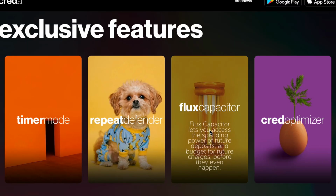They have something called Flux Capacitor, and all this is going to do is allow you to get your paycheck 2 days early, which a lot of different banks and credit unions already do. They just gave it a fancy name for no reason. And then the last one, which is going to get a lot of use for some people, is called